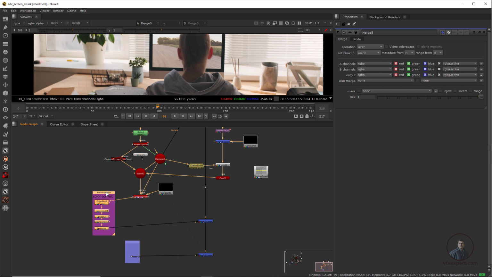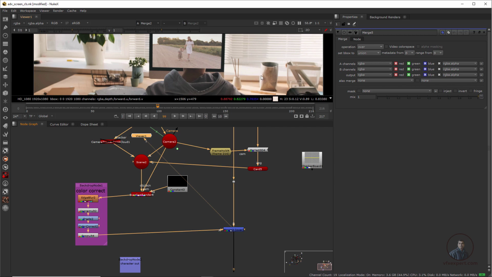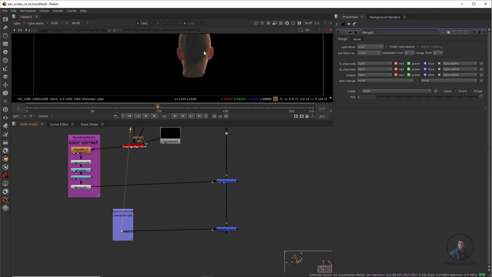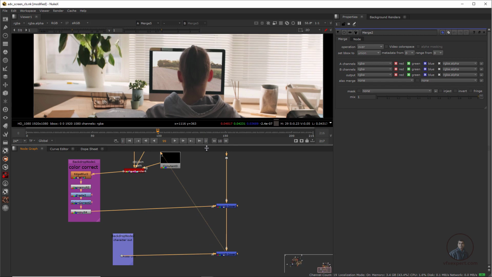So simple. This is our scanline render output. Press 1. Then after this I have used these color correction nodes, and I have color corrected this image according to our footage. Then after this I created a roto for this character. You can see this is our roto output, and finally I composited this roto output on our final compositing. So guys, this is our final output.